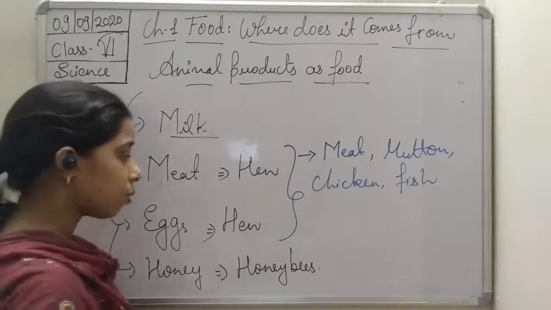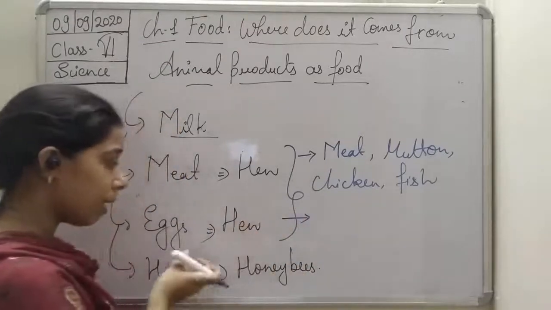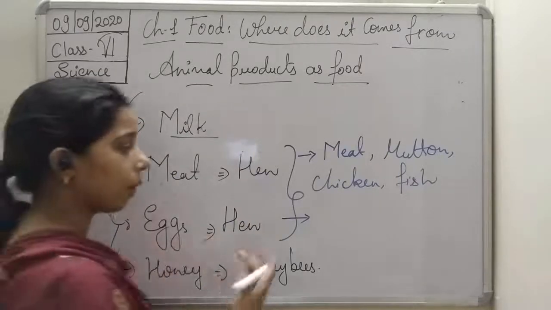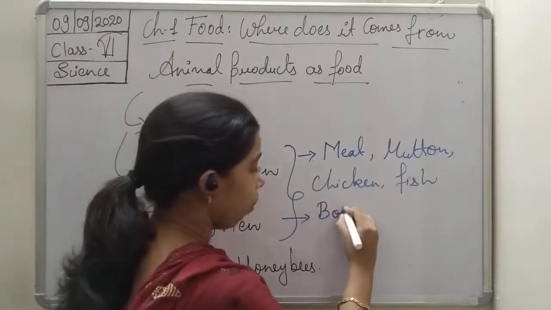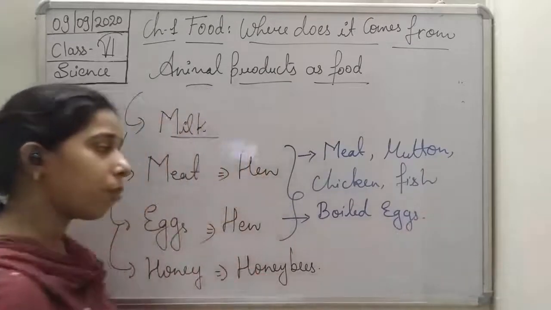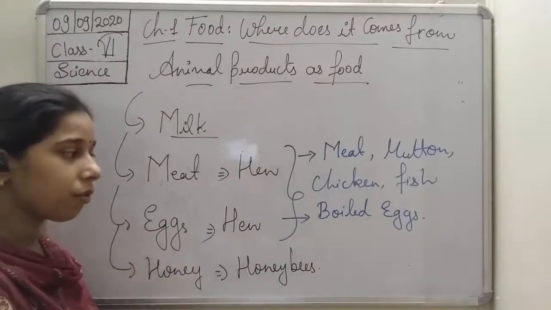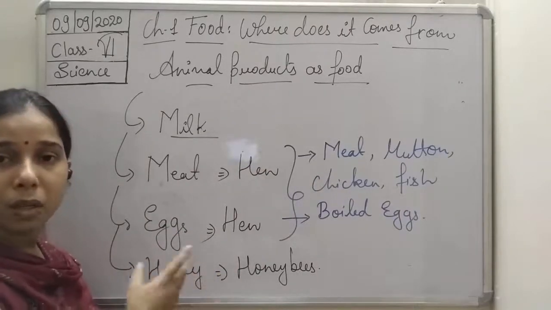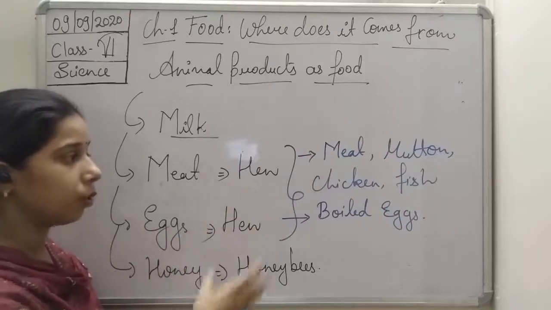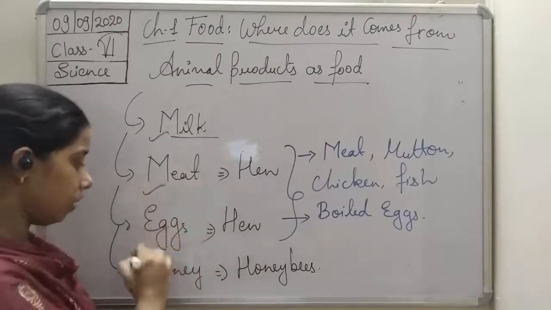The same thing with egg, students. Now, how do we consume the egg? Either we make vegetables and use it in a curry or for other purposes, or we can eat it by boiling the eggs. After boiling the egg, it is ready to consume. Most probably we boil it and then consume the egg. While the other animals give the meat, including mutton, chicken and fish. So milk, mutton and egg.